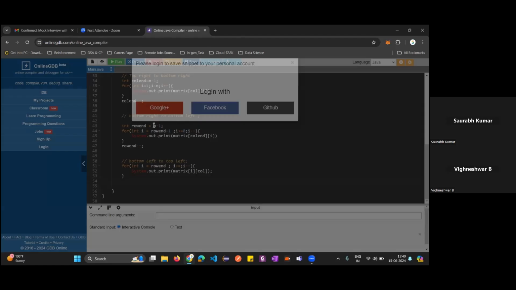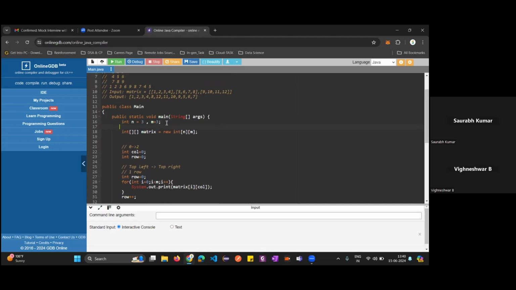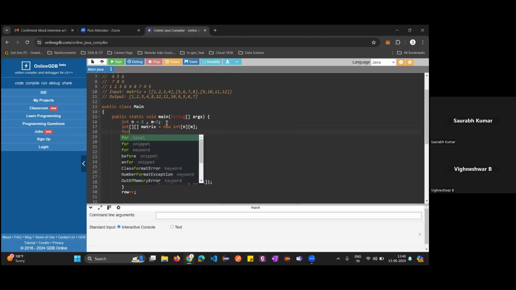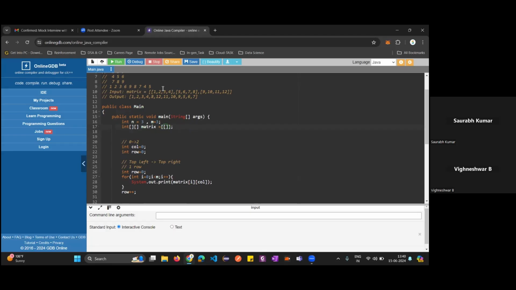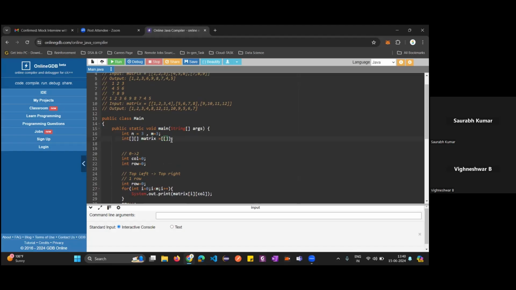I need also a matrix to check that. You can fill that matrix, or if you want, you can initialize it with curly brackets directly. It's up to you. You don't need new directly. You can use the curly brackets, so not the square brackets. So 1 2 3,